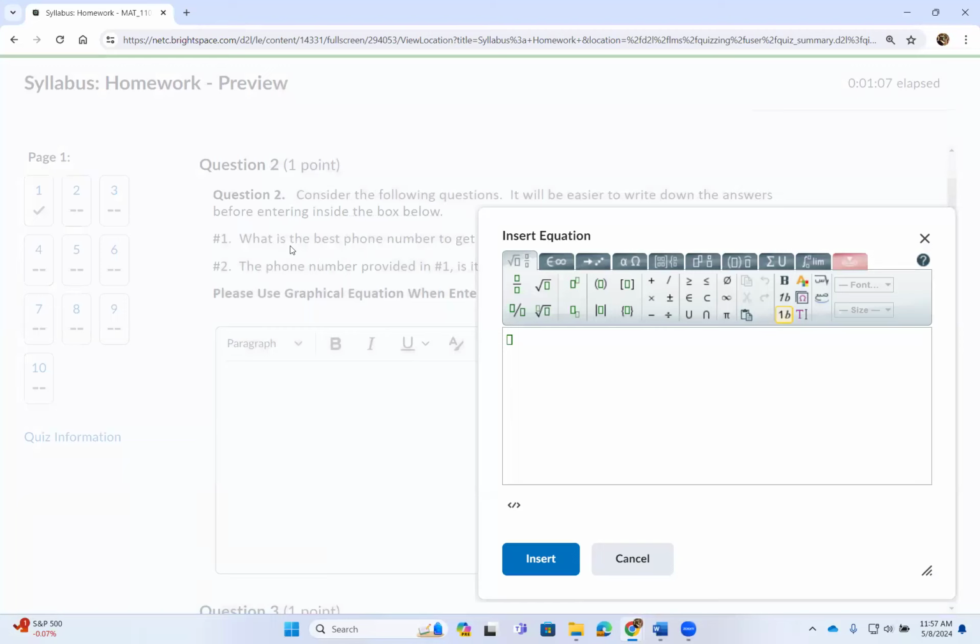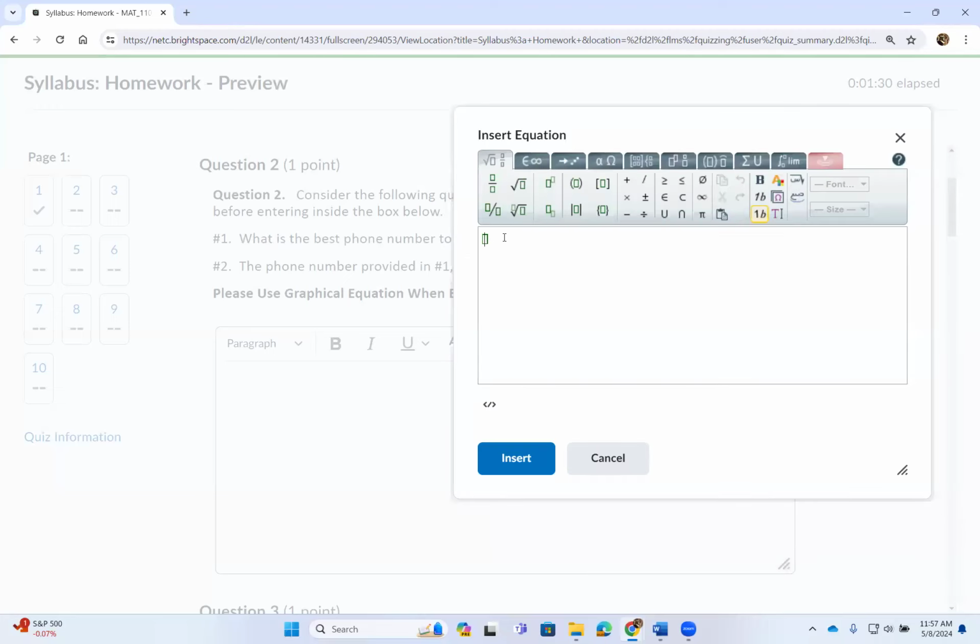So the answer for the first part is in one graphical equation. The answer for the second part will be in a separate graphical equation. If you answer both parts under the same graphical equation, sometimes after you click on answer, it just does not display the answer. Okay, so it's a little bit strange. So number one,